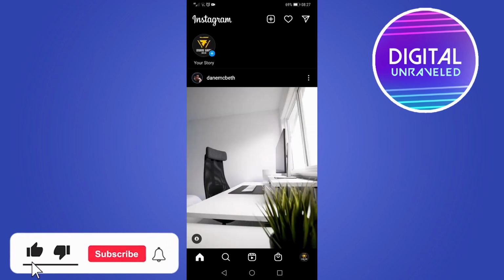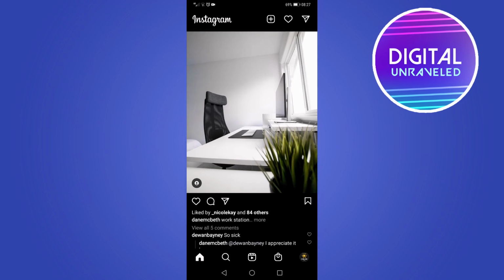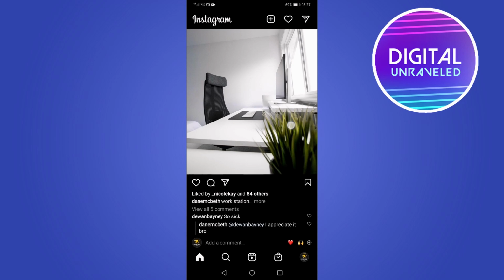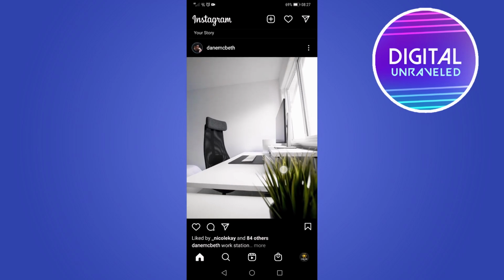So if you were on your homepage and then you got a pop-up saying you could hide the likes by going into your settings, I'll show you how to hide other people's likes and how to hide your own likes. So if I go onto my homepage, you can see I can still see the likes of this specific post right here. So if I wanted to go ahead and hide those likes, what I need to do is